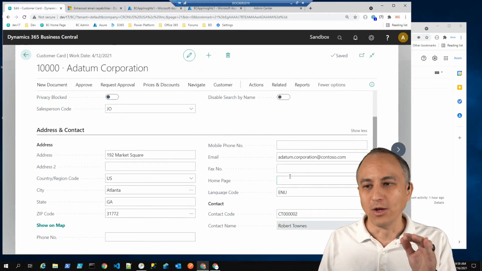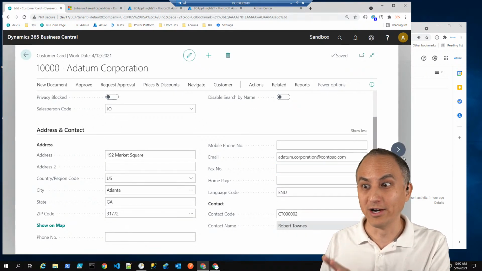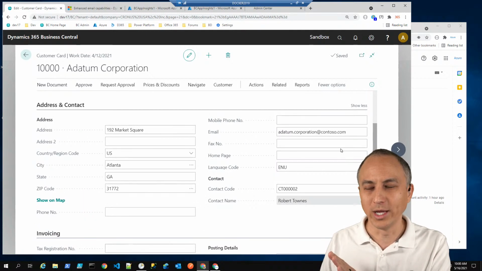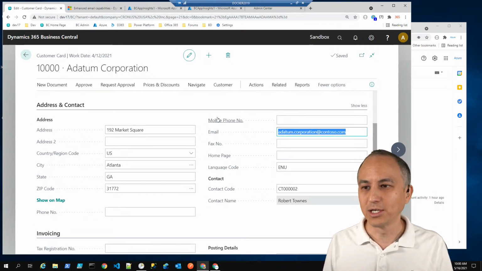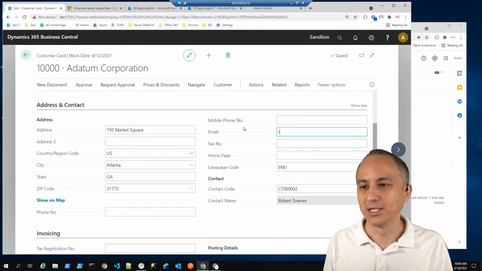So if you're testing with this test company data, it can get very confusing because it's like, wait, what's going on? So I'm just going to put a different email address here